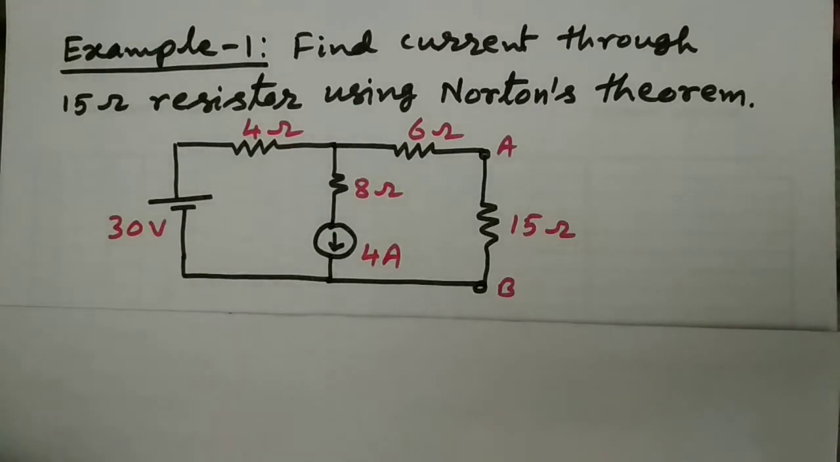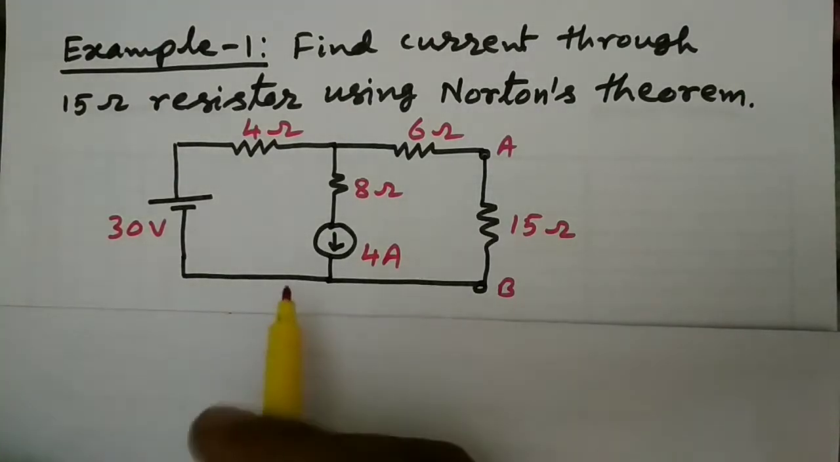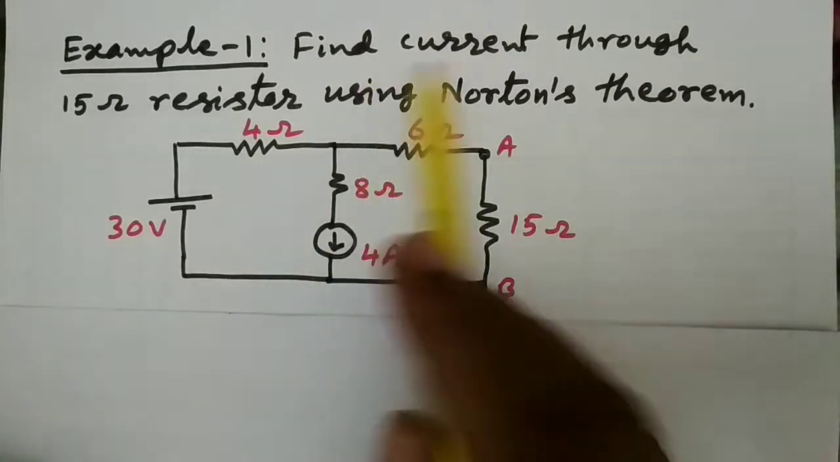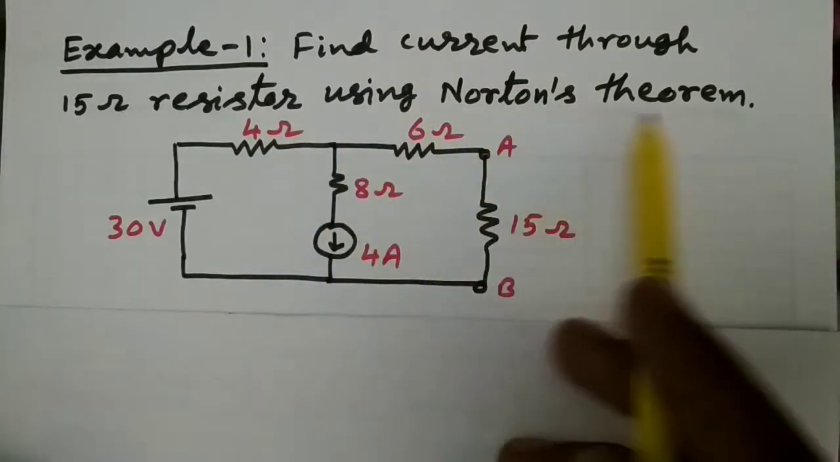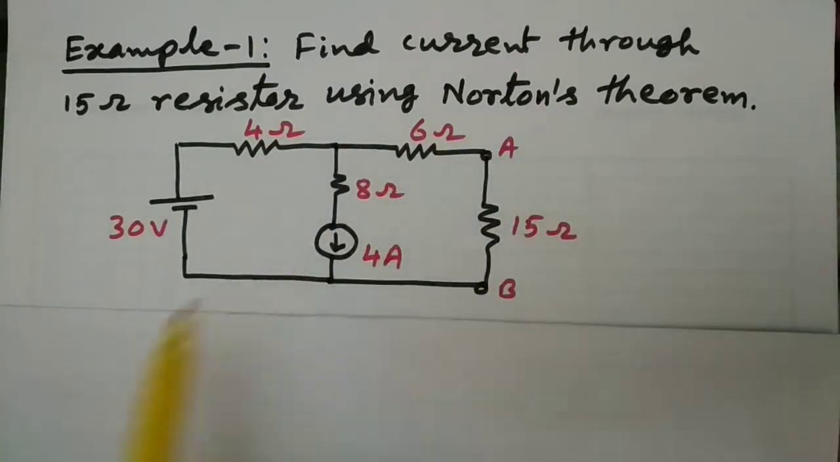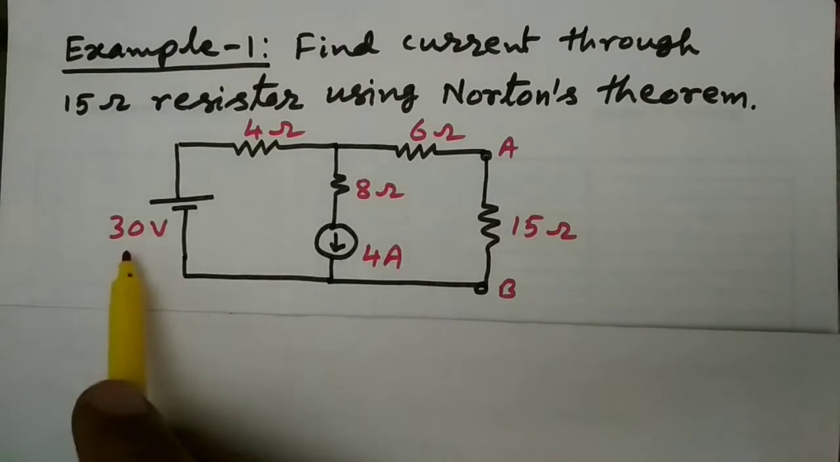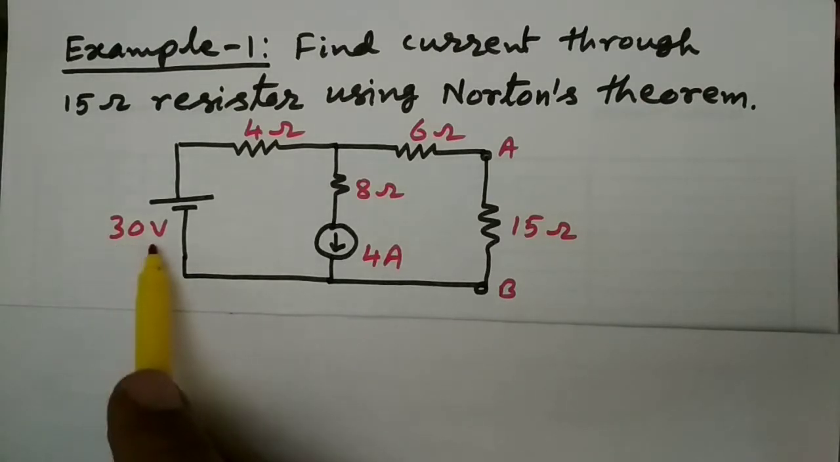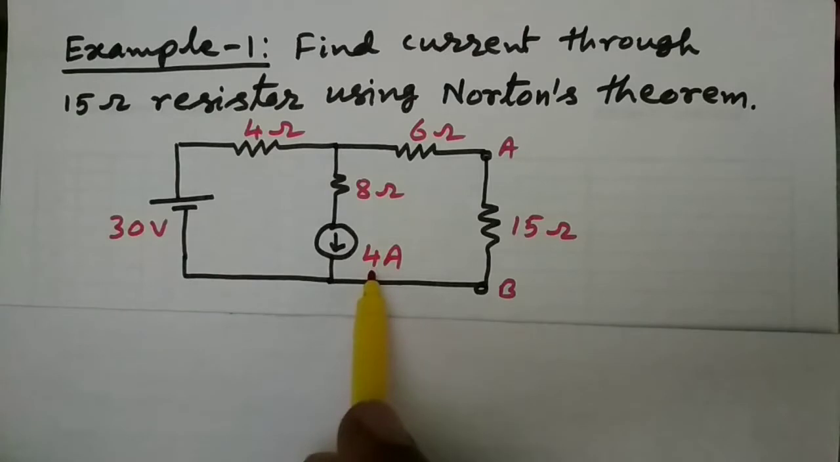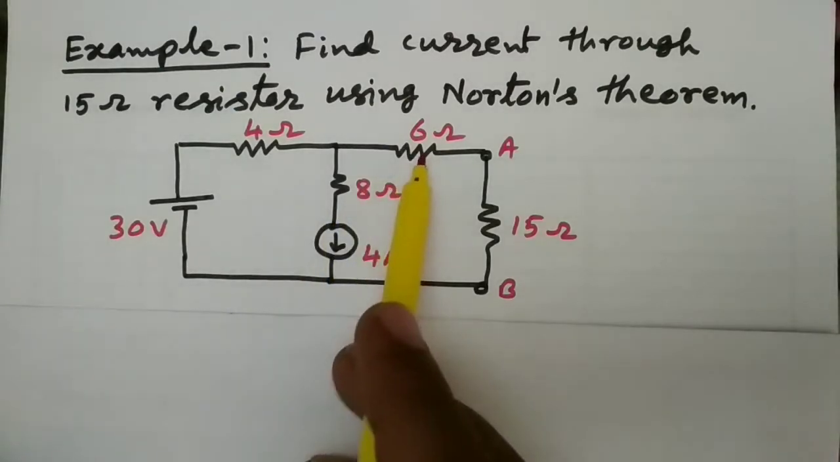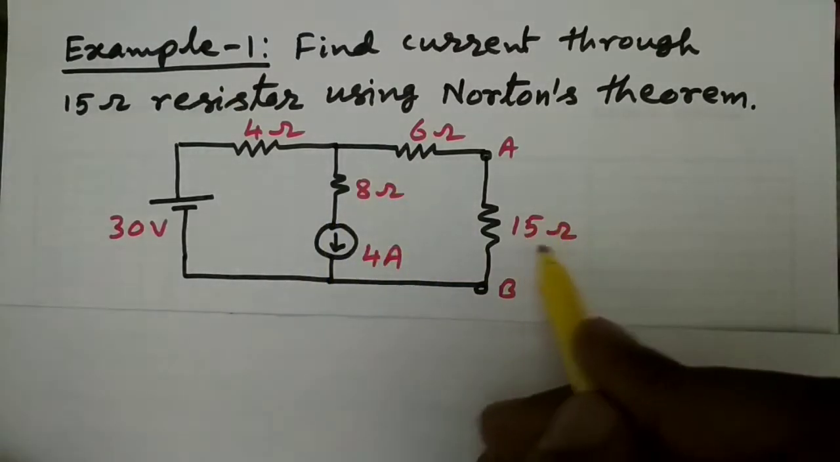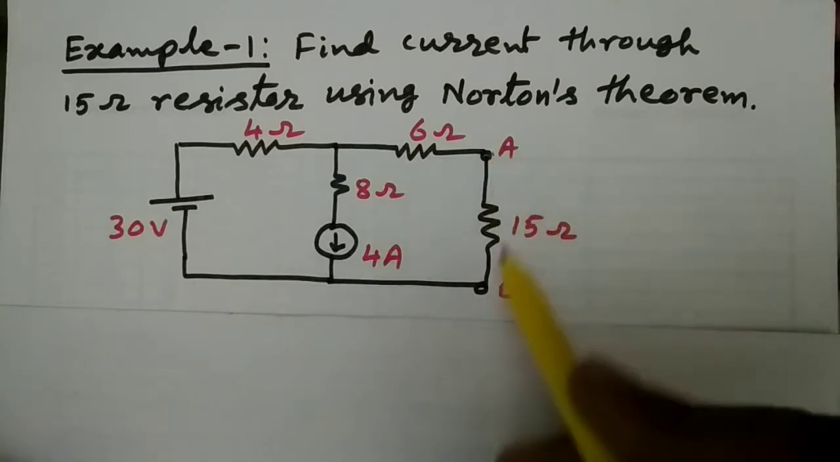Let's see some examples on Norton theorem. In the first example, the question is: find the current through the 15 ohm resistor using the Norton theorem. Here is the circuit. There is a 30 volt source and a 4 ampere current source, and some resistances: 4 ohms, 8 ohms and 6 ohms, and the load resistance of 15 ohms connected across the terminals A and